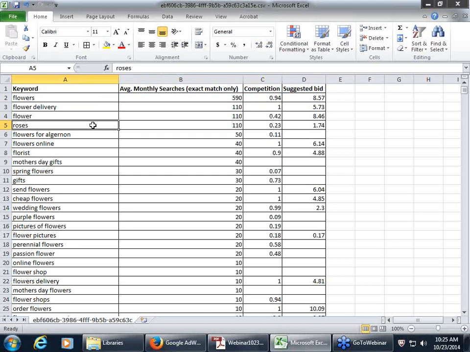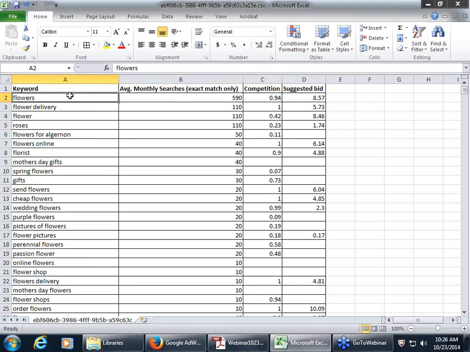You'd have to vet that against what your business actually does, but roses might be a good opportunity for your business because this keyword has a relatively higher number of searches per month and a relatively lower competition. So you have an opportunity to bid on this keyword at a lower price and reach a much larger audience. So you go through with the clients. First, you pick out the keywords that have nothing to do with their business, and then maybe you sort and identify the keywords that have this type of opportunity.